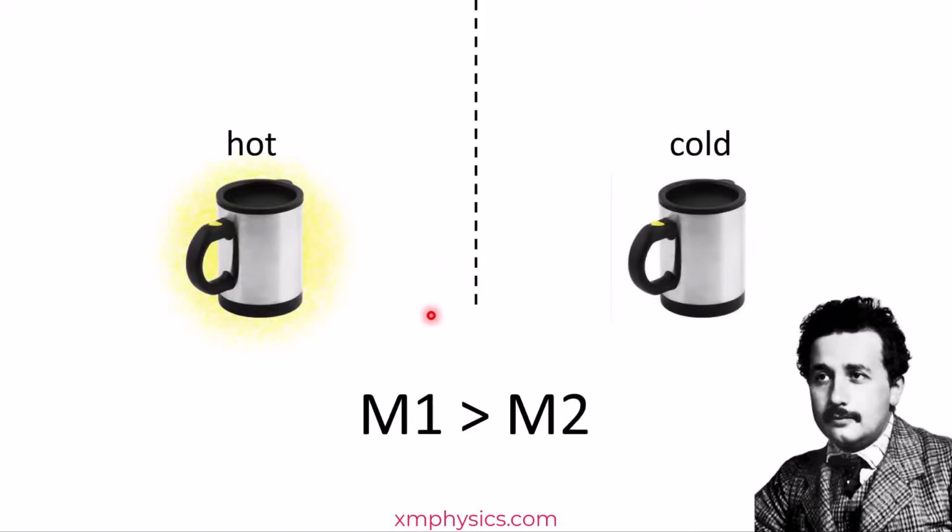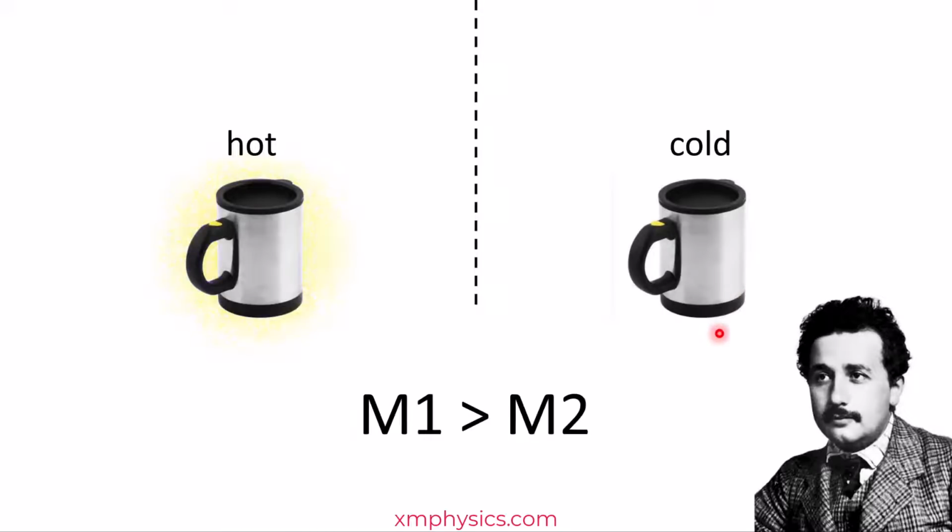But conceptually, if you have a mug of hot water and you let it cool down, its mass after it has cooled down should be smaller than its mass when it was hot. Why? Because when it was hot, the water molecules are jiggling about with higher KE, isn't it? The internal energy, the microscopic KE. After it has cooled down, all the water molecules will have lost some KE. So if the system has less energy now, its mass should be smaller.